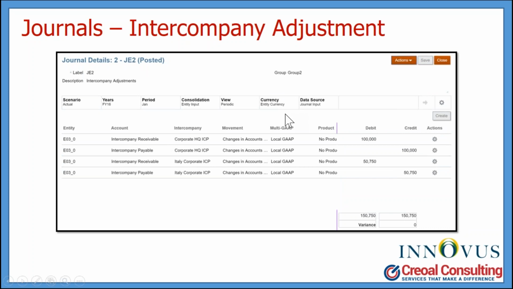Another type of adjustment that is important to multinational organizations are their intercompany adjustments. In this particular example, we're looking at an intercompany adjustment that allows, again, the ability to not only book those intercompanies, but also to handle the eliminations. And again, FCCS, once set up and configured to handle your intercompanies, will do this automatically. That functionality is built right into FCCS through the way it performs the consolidation and handles the intercompanies.